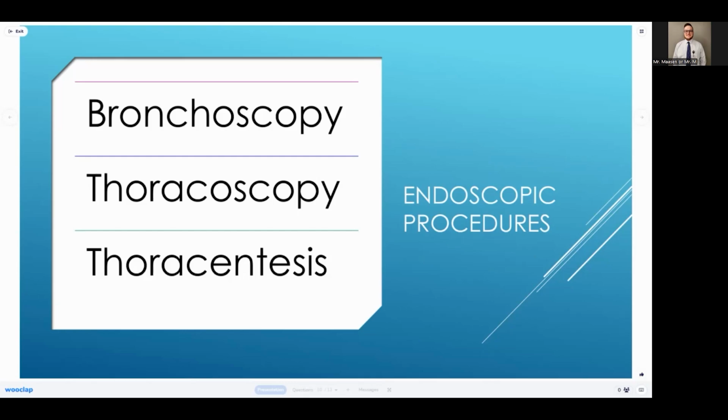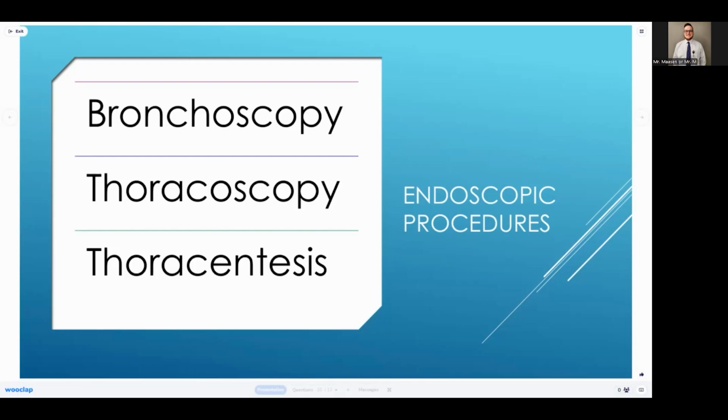Usually in bronchoscopies, they'll also collect a specimen of the sputum, and that's your most sterile, accurate specimen. And also, if there's a tumor, we can see it on imaging, but we can go into the lungs and visually see it. And thoracoscopy is basically a small incision that they do in the pleural cavity. We'll talk about thoracentesis in a second, but all of these procedures, they need to be NPO,